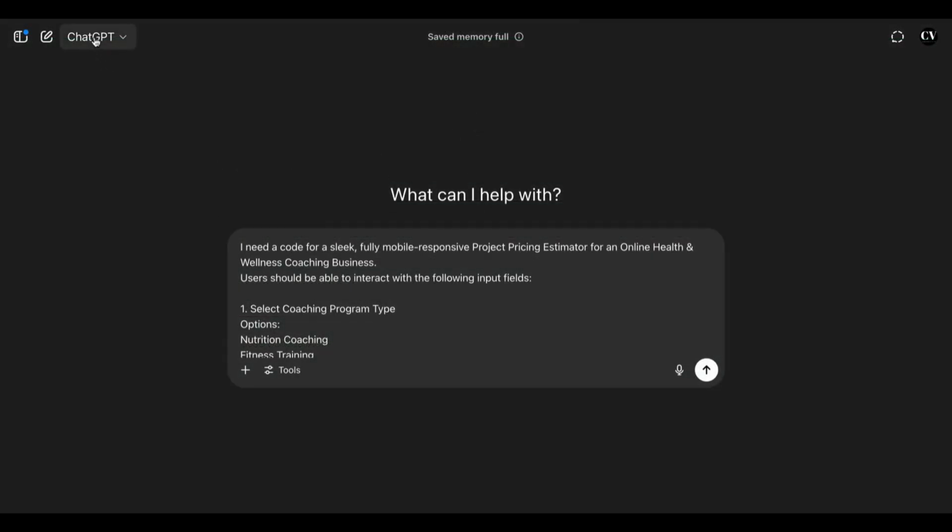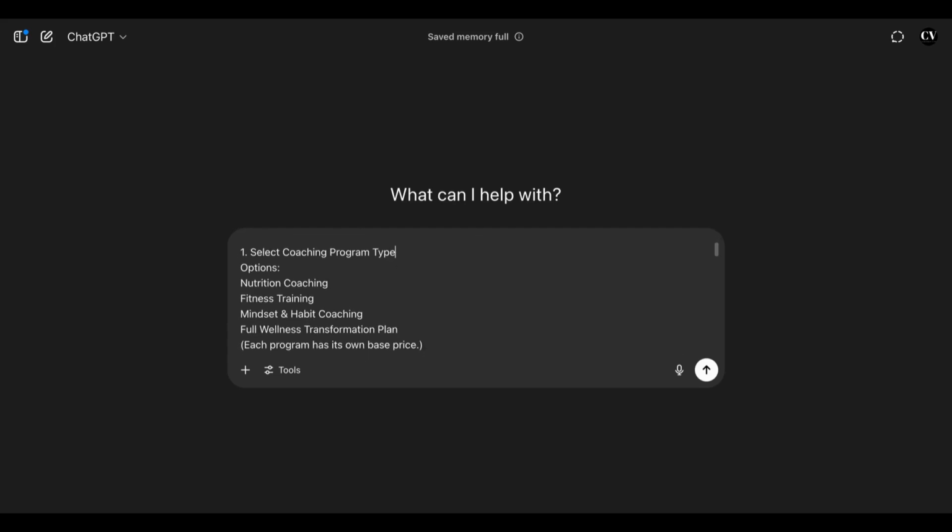So getting straight into the video, we're going to start with ChatGPT. And in ChatGPT, I am going to give it a prompt to create a code for a project pricing calculator. For this calculator, I essentially want to help clients explore personalized program options, costs, and commitment levels for an online health and wellness business. Of course, when you do this, you will create your own prompt, but at minimum, you